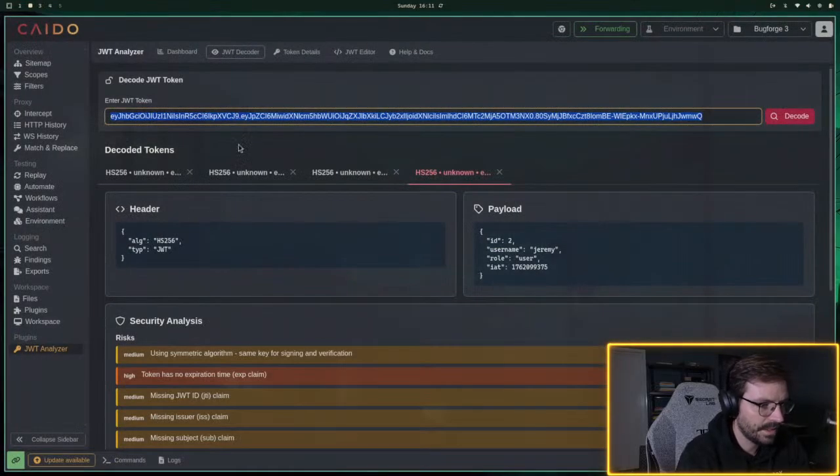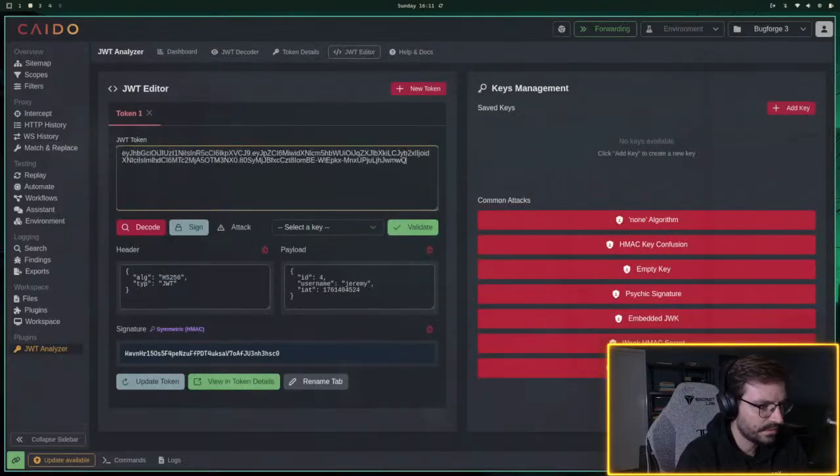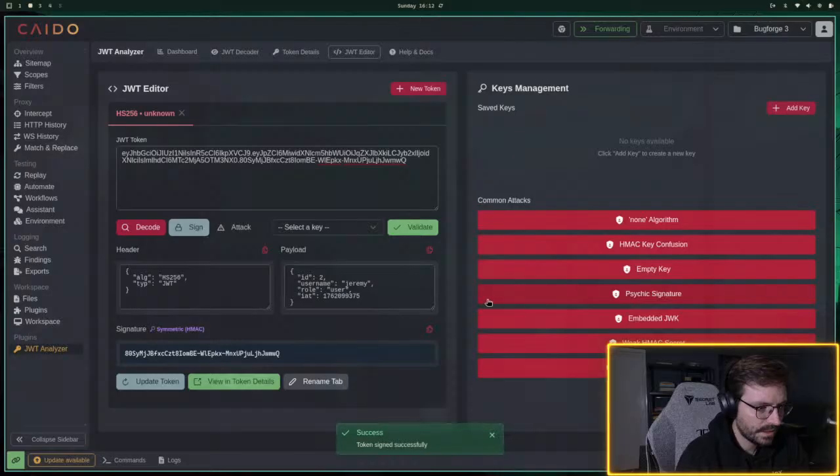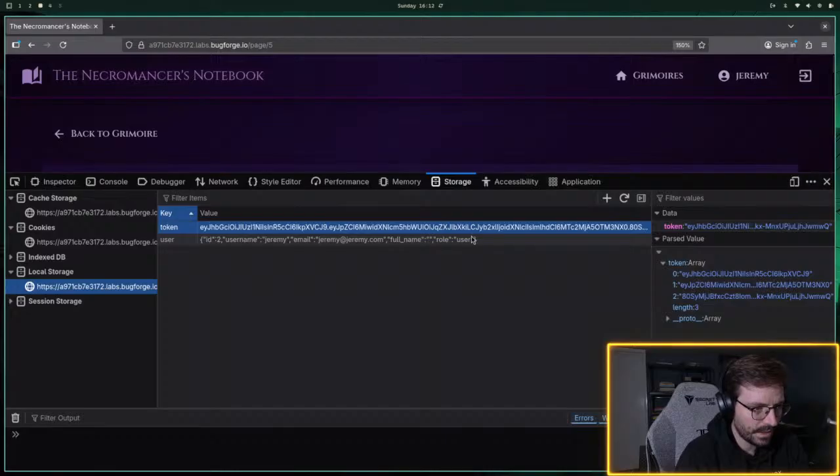All right, so we can come back into here and then we can edit the token. So if we paste this in and then we can decode it and then we can update this to admin, and then we can try and sign with pumpkin, sign. The token is successfully signed. Copy this, come back to our application, paste this in,